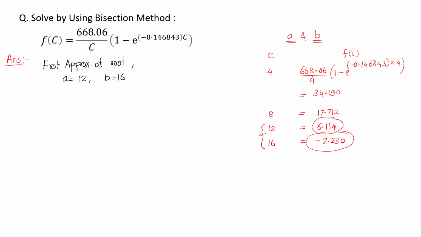So the first approximation of the root is just the average of these two values, equal to 28 by 2, is equal to 14. Then check the function value at this new root,